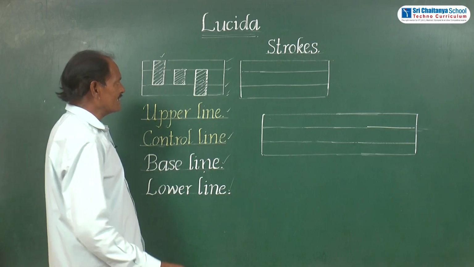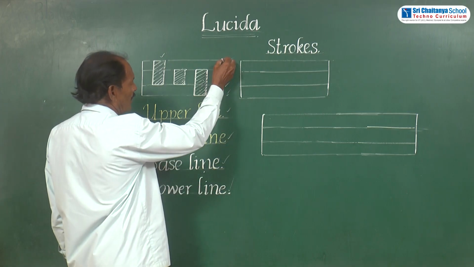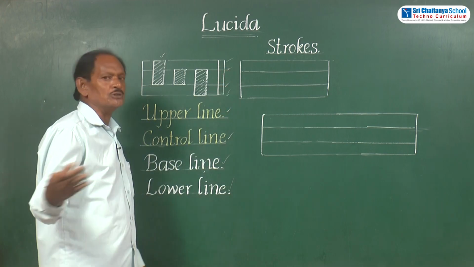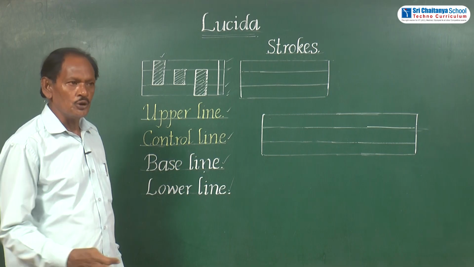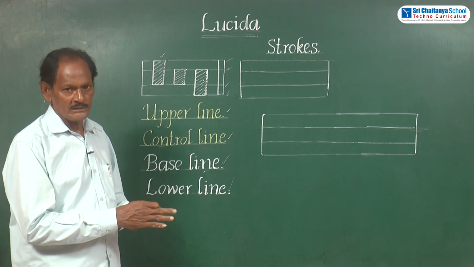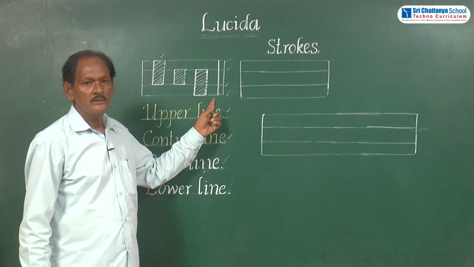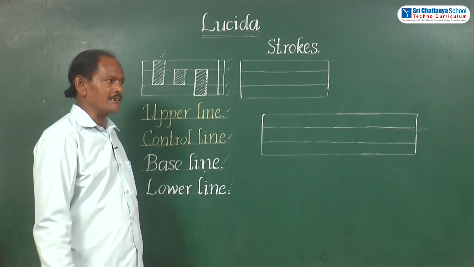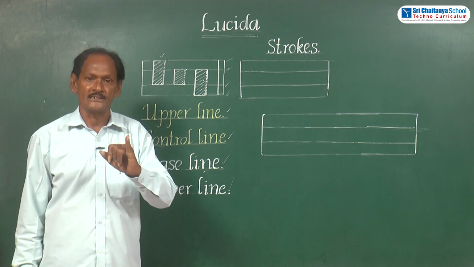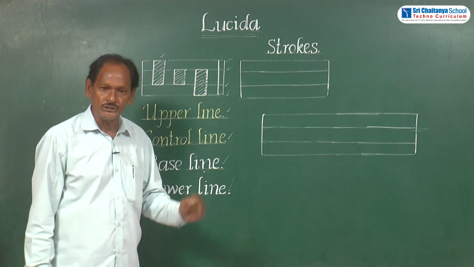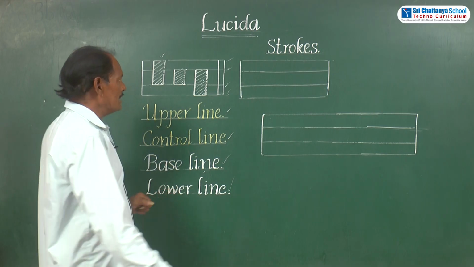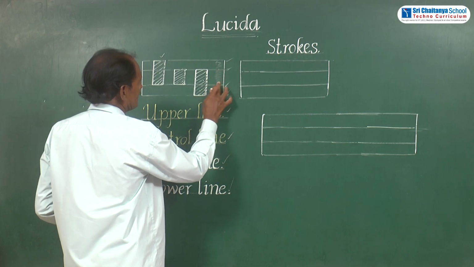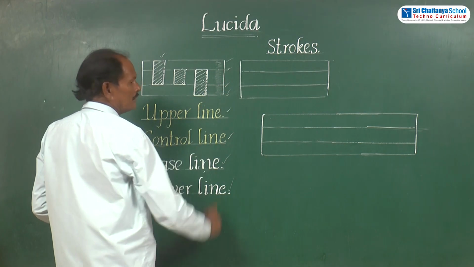But some letters are written among all the 4 lines, it means among all the 3 zones. So those letters which cover all the 3 zones, or all 4 lines, are known as the mixed zone letters or free zone letters. F is such a letter. Okay, I will write that letter in the upper zone